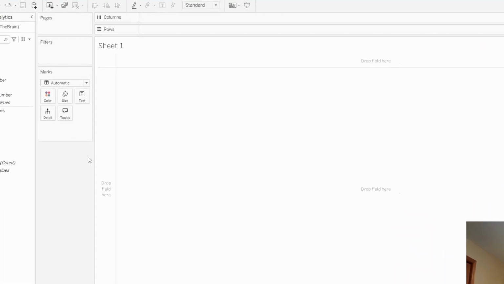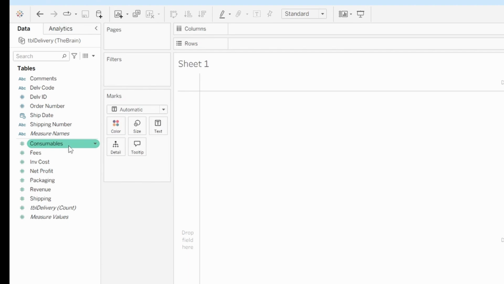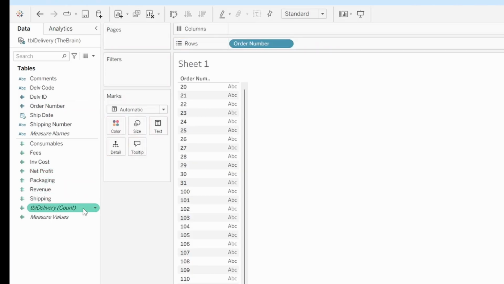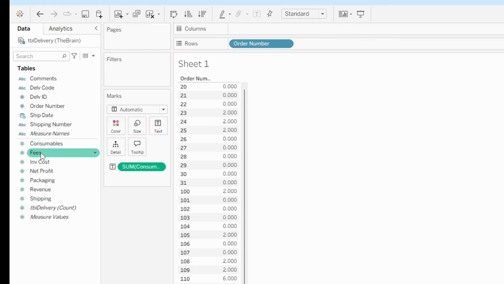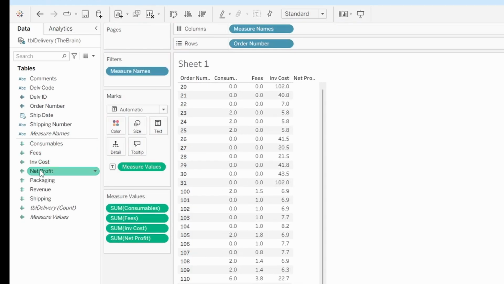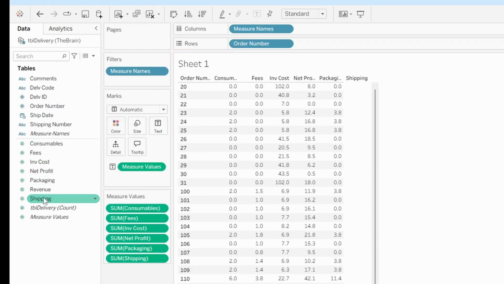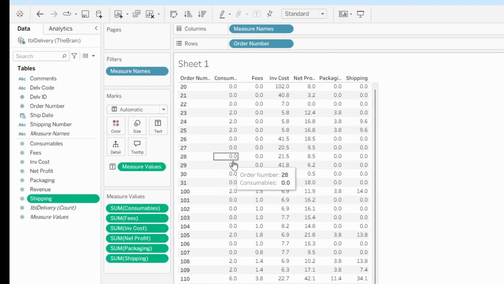So I've got sales, and I have several elements in a sale. I've got what I call consumables, fees, inventory cost, net profit, packaging, revenue. So I'm going to bring the order number over, and then I'm going to bring these, just double click these and add these to the chart. I'm not going to do the revenue because that's the total of everything. So what I want is a horizontal bar chart that shows the breakdown for these